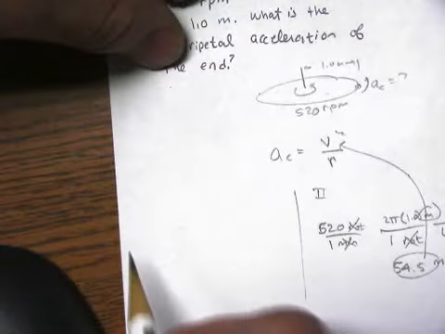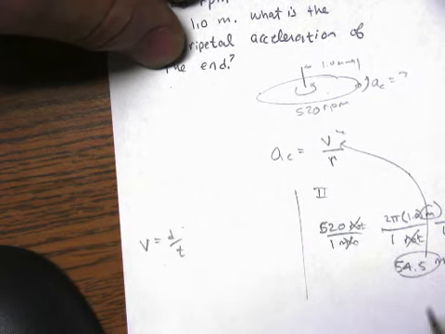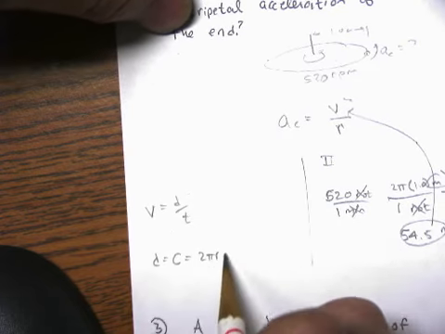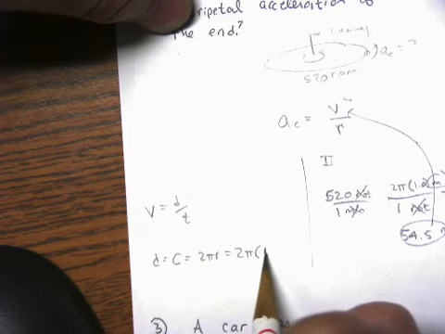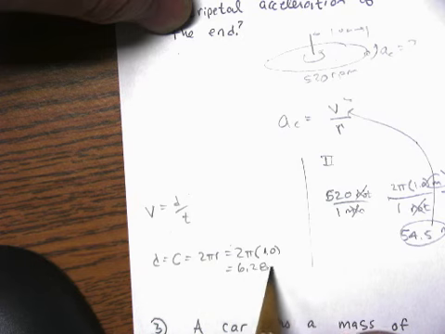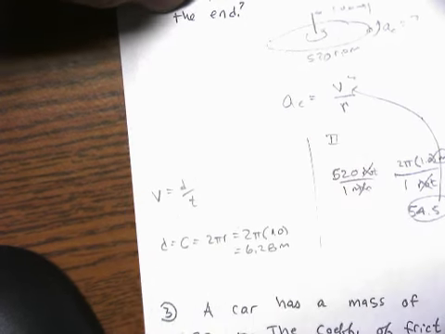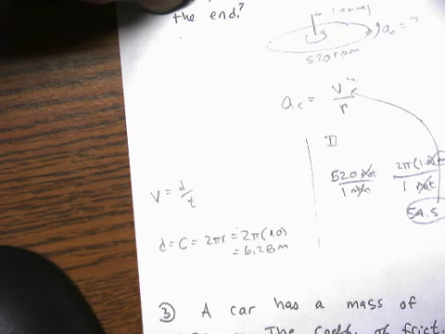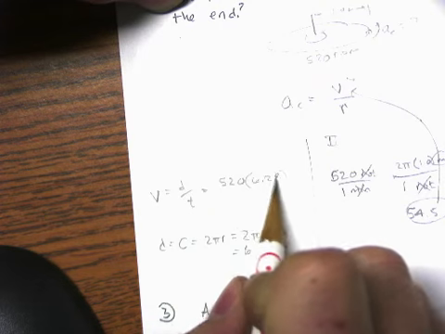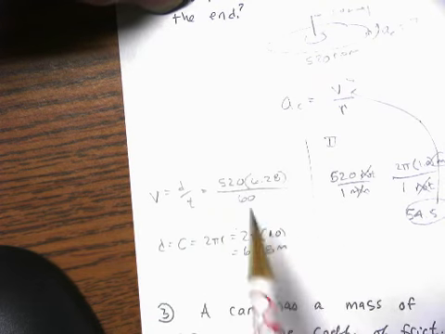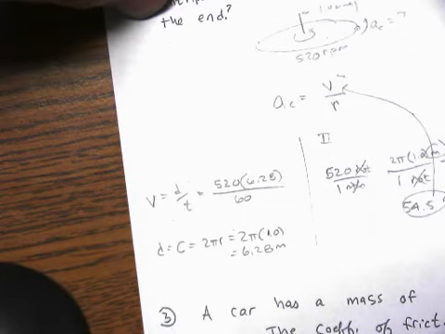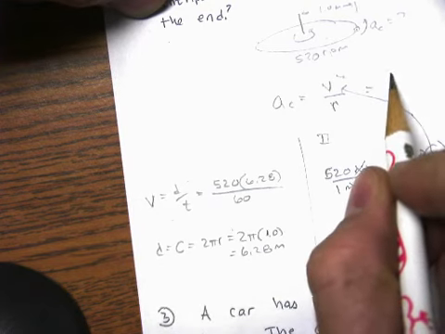The other way to do it is to find the velocity. It's distance divided by time. Well, the distance that it goes is a circumference, and that's 2 pi r. So if you take 2 pi times the radius 1, that tells you how far around it is: 6.28 meters. That's how far around it is once. You're going 520 of those, so the distance is 520 circumferences, and the time is 60 seconds. If you multiply that all out, that's the exact same thing. That comes out to 54.5. So regardless, my velocity is 54.5,